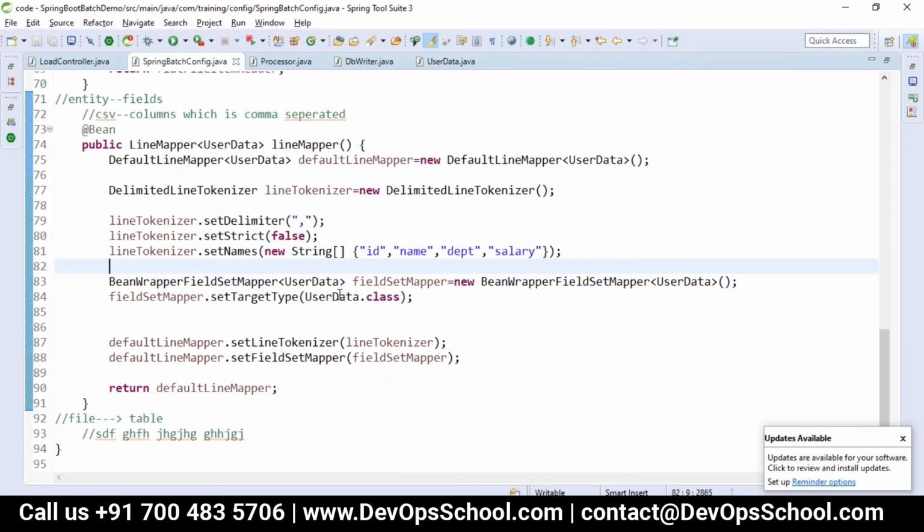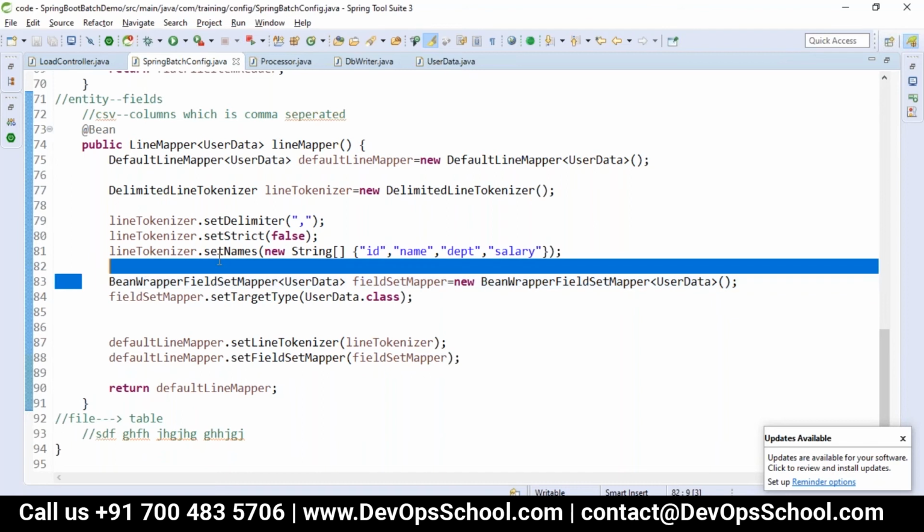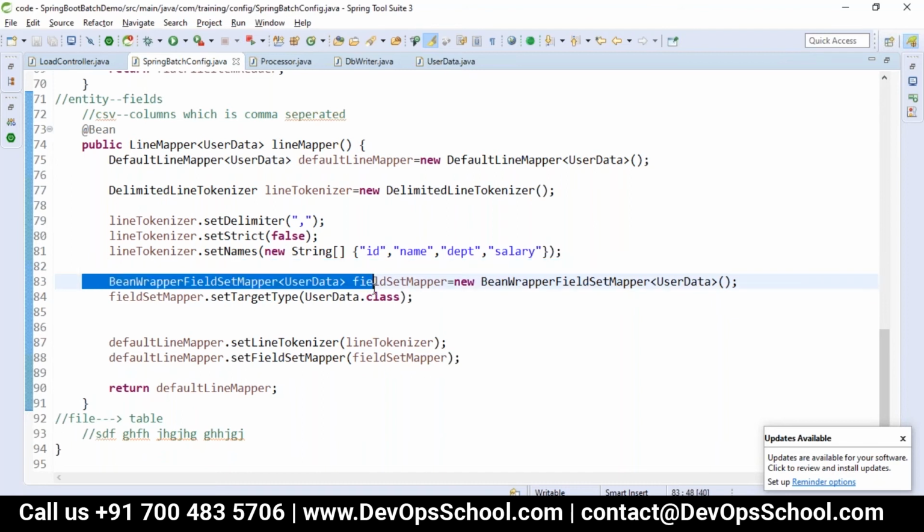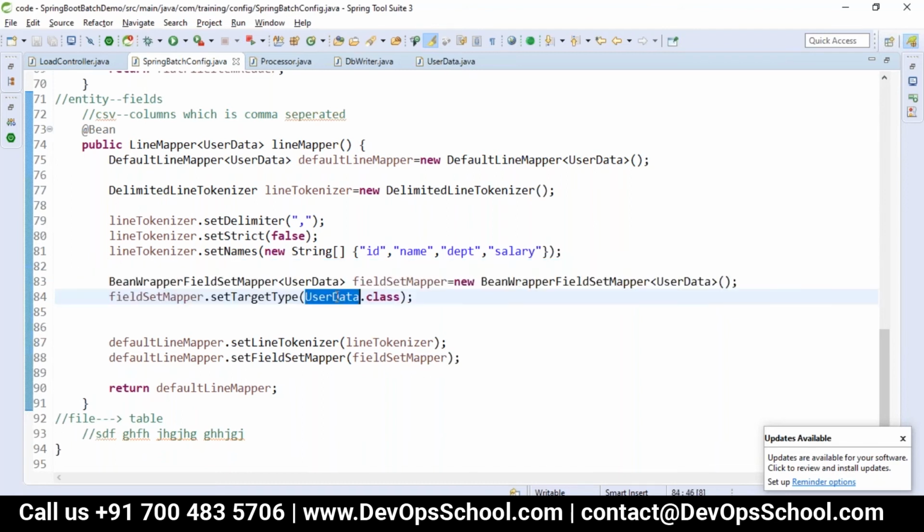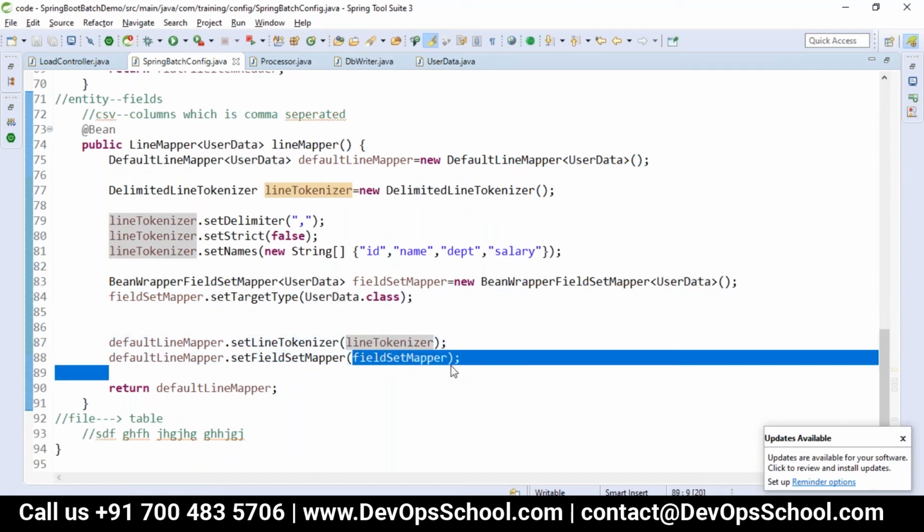Then I have to wrap it to my class. So I have created the bean wrapper field set mapper, whose target type is user data. For the default line mapper, we have set the line tokenizer and the field set mapper, so each line is mapped to one object called user data.